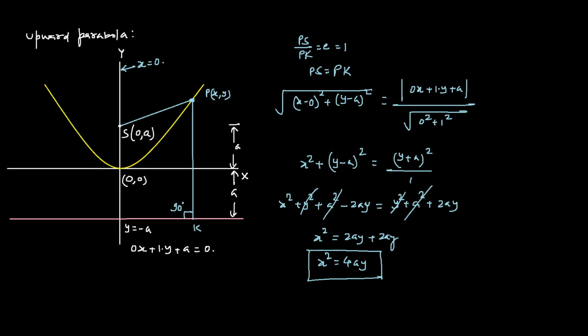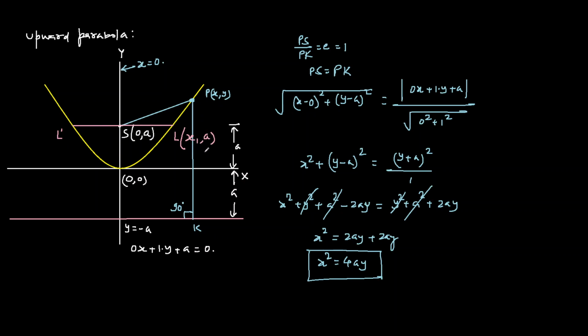Now we have the latus rectum, which is joining the 2 points of the parabola. This line is passing through the focus and is perpendicular to the principal axis, and the 2 points are L and L dash. So the coordinates of this latus rectum are